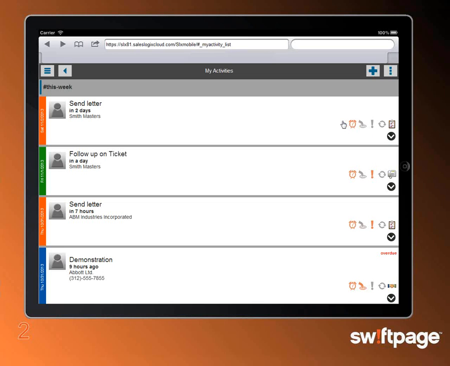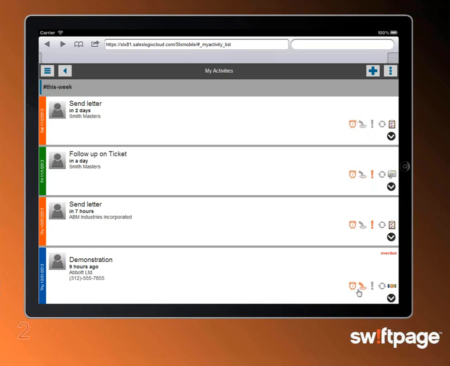So my alarm clock, I can see that all of my events showing on the screen right now have alarms set for them. So since they're in my calendar, I'm going to get an alarm. This pointing finger right here tells me if I've touched an account in the last 7 days, and I can see I've been remiss in some of these guys. But down here, yep, I've talked to Abbott Ltd. about the demonstration that we're planning on doing for them. So I've reached out and touched them, and that will be reflected right here.